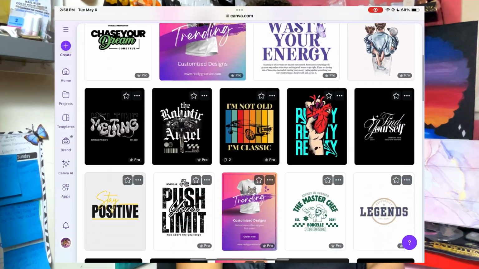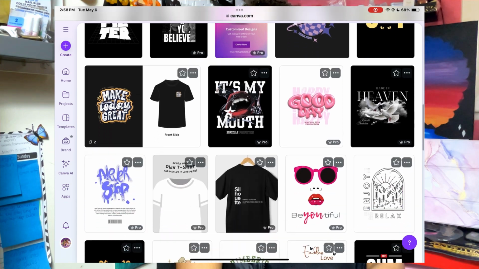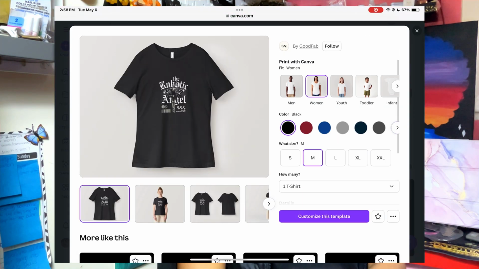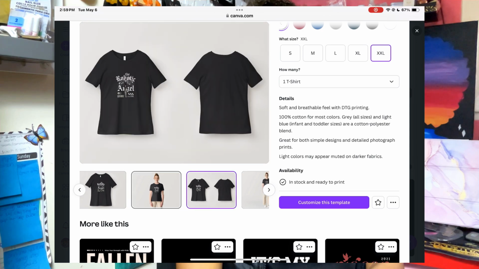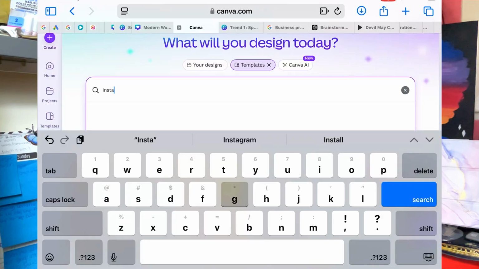Let's start with templates. Canva has thousands of templates ready to go. From Instagram posts to business cards, just search your niche, click, and customize. You'll have a pro level design in just minutes. Why templates matter? No more wasting time trying to figure it out. Templates are your shortcut to polished branding, using them to create Instagram graphics,